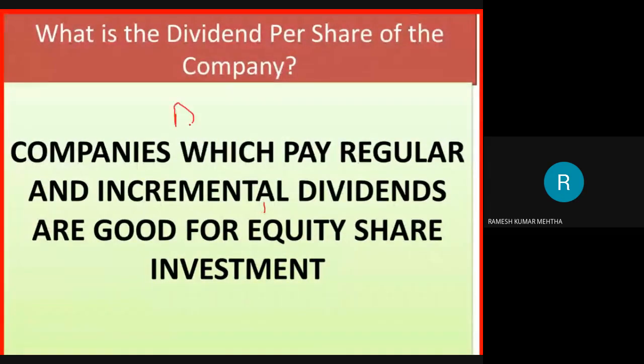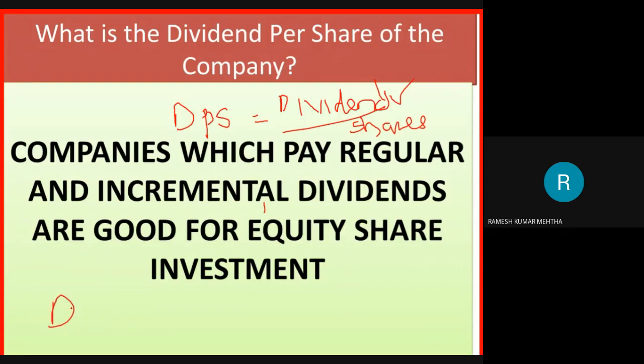Dividend per share is nothing but total dividend paid divided by number of shares. So this should be high. Dividend should be very high. Please remember, I have already shared this material on DPS in my series of videos on ratio analysis, and they are uploaded on YouTube. You can just watch it. Another way of calculating dividend per share is face value of the company's equity share into dividend declared percentage.